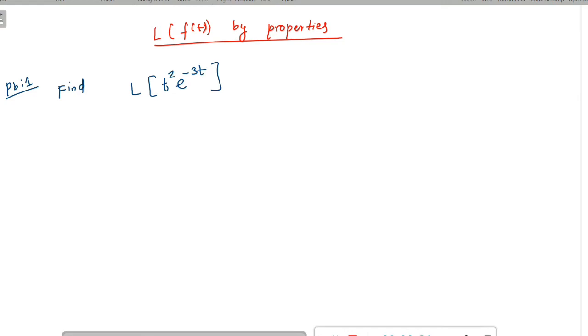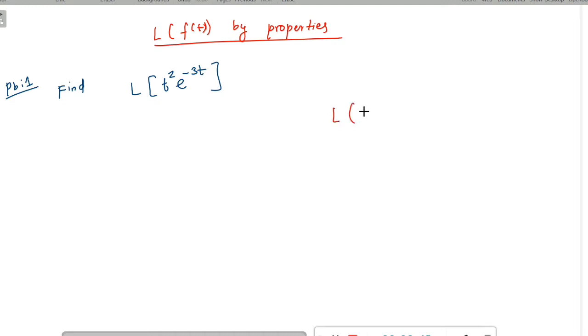In this video, I am going to explain some problems by using properties of Laplace transform. First problem, find Laplace transform of t square into e power minus 3t. So here I am going to apply the property